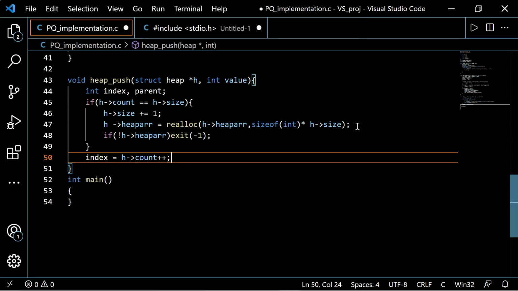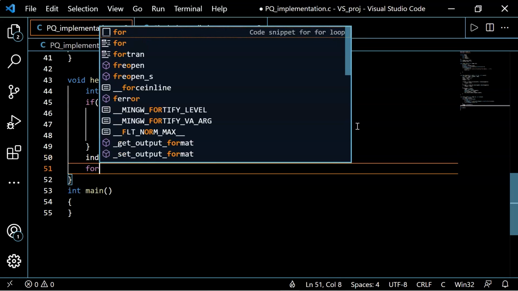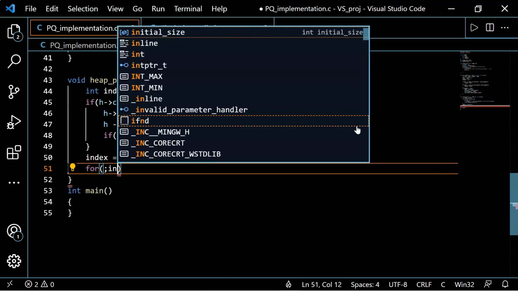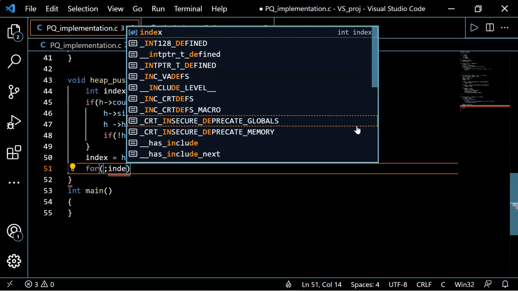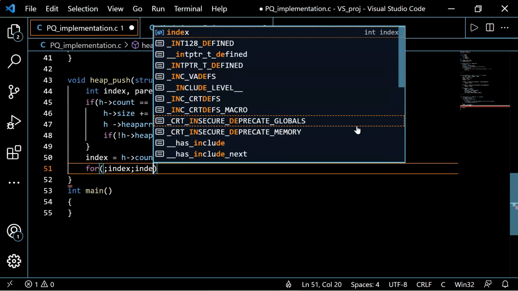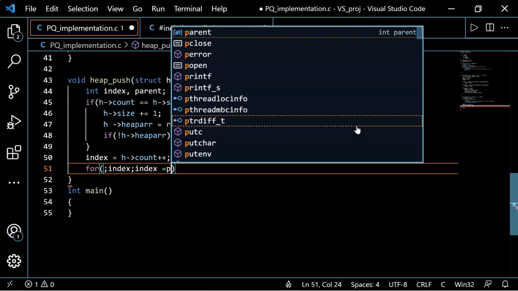So next we'll add a for loop: for index, to index is equal to parent.